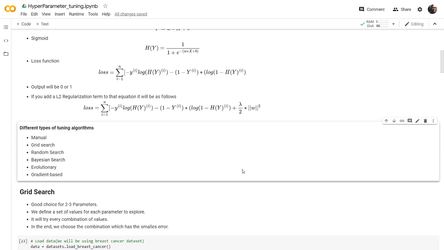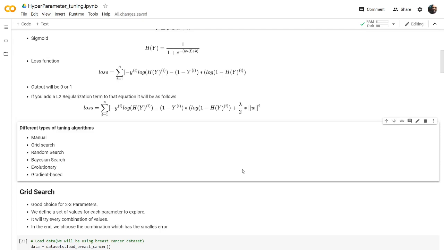So you will be manually setting these values. You can do that, but if you have more parameters, a manual search will be hectic. You'll be finding every value and keeping that value in the algorithm and training it. So manual search is not a good option when you have a large number of parameters and whenever you want to try multiple values. You cannot do that manually. So this is not a very good approach if you have more than 2 parameters.